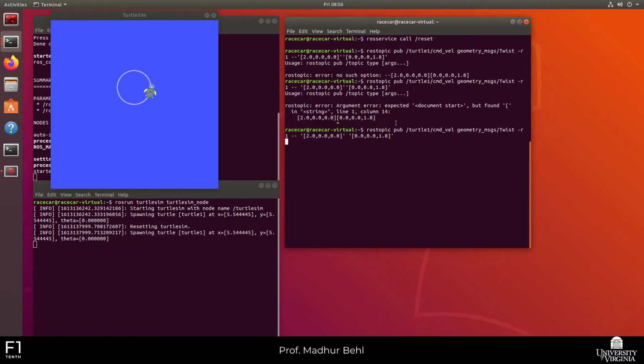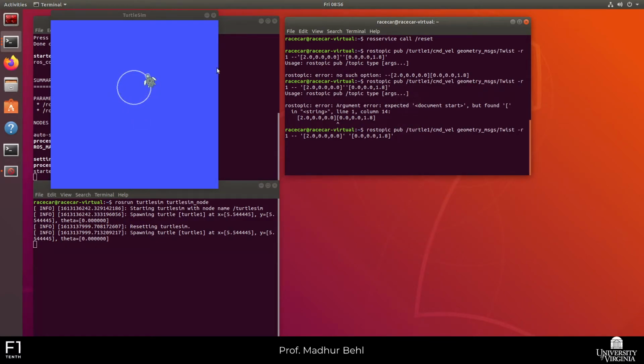So maybe it's better to stick with the verbose way, where you hit tab, it will show you the different components and you just fill them. So this is great. So our turtle is moving, and now let's actually go back and look at the pose and echo the pose of the turtle, right? So